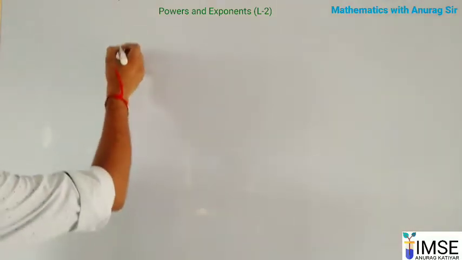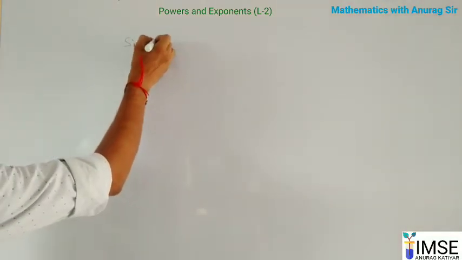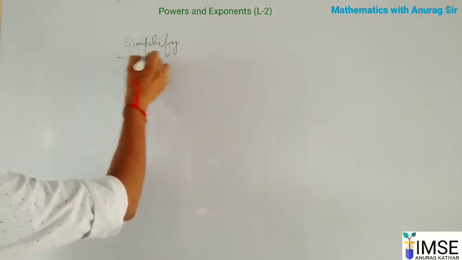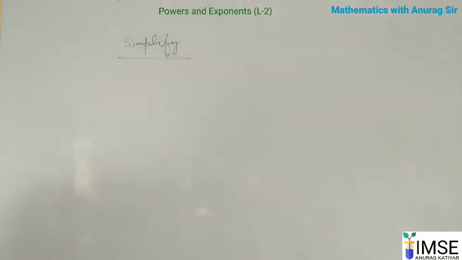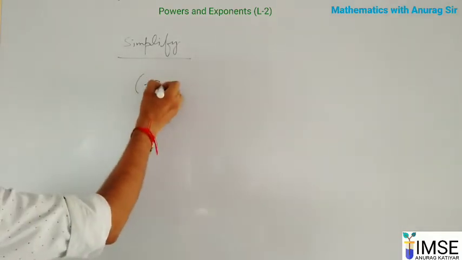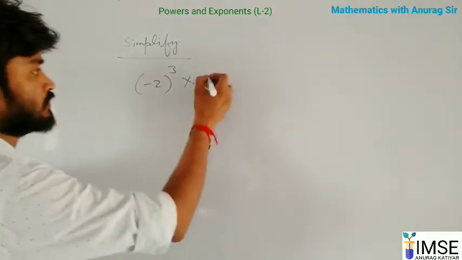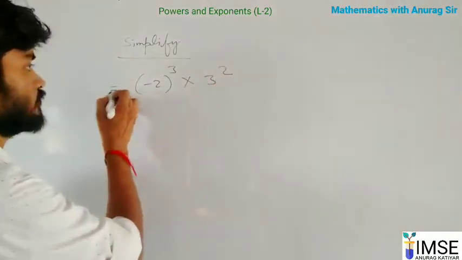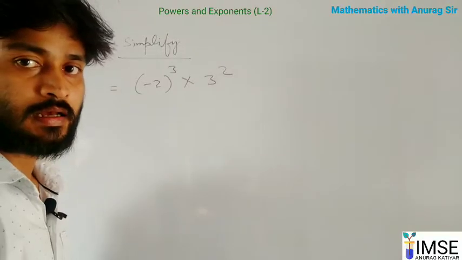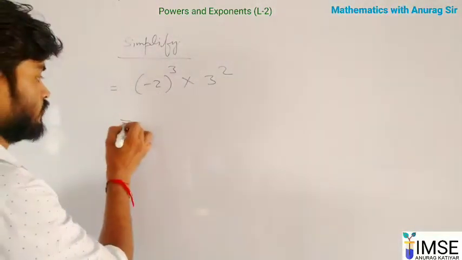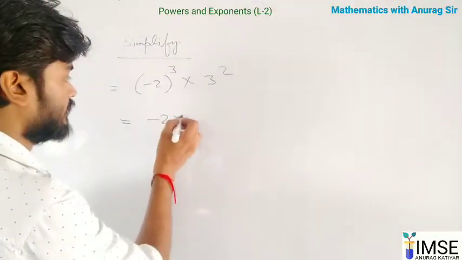Simplify. The question is: minus 2 to the power 3 into 3 squared. So this is the question, and if I simplify this, minus 2 you write 3 times,